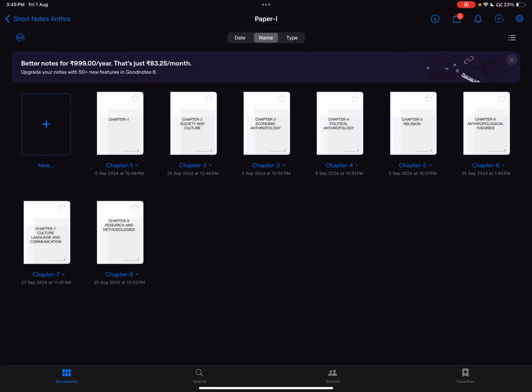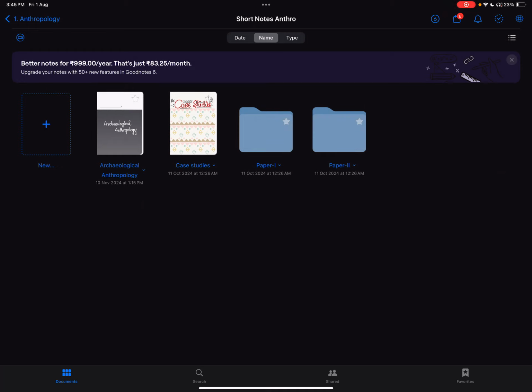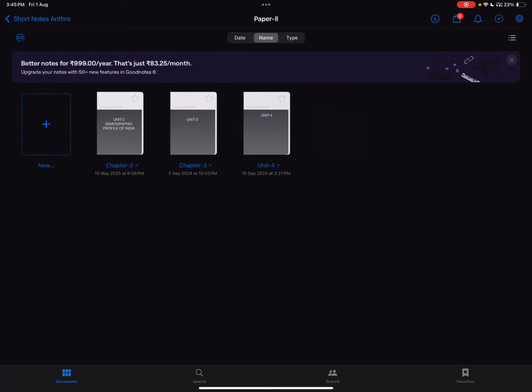See here, these are all short notes of mine. In paper one, there are 12 topics. Apart from biological anthropology, I have done everything, because biology is my somewhat weaker subject. Since I studied it in the 10th in school age, I couldn't complete that. Now coming to paper two, these three PDFs are units 2, 3, 4. Of course, the first unit is not there in both the papers because it corresponds to archaeological anthropology. And from fifth to last, there are 9 chapters here. They form the tribal India.